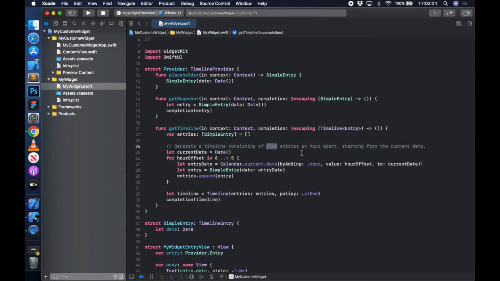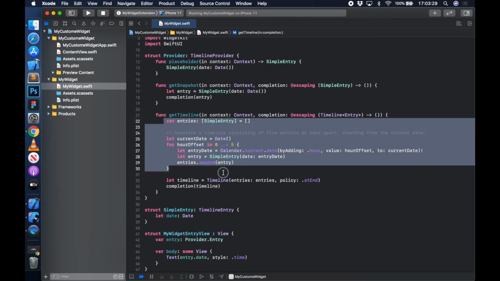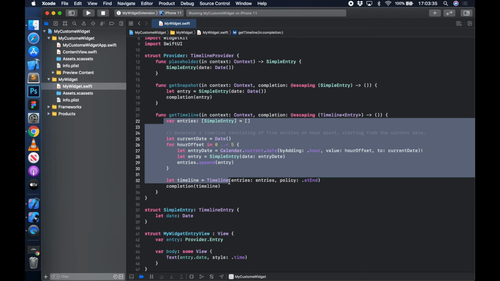So that's what it will update right now to the current date and update your widget. You can set it however you want, whenever you want, how many times you want. For example, a weather widget can probably update every minute or every 5 minutes. Your news widgets can be something similar. So depending on how you want it, you can set it.